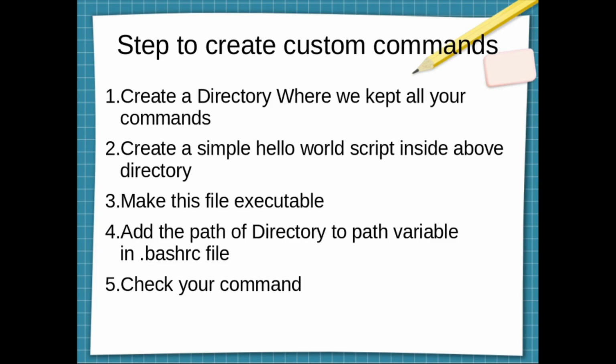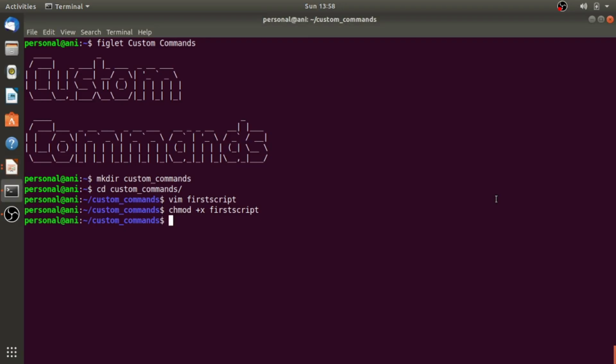Now our fourth step is to add the path of the directory to the PATH variable in the bashrc file. So for knowing the path of our directory, hit the command pwd. This will tell the path of the directory. Here my path is /home/personal/custom commands. Copy this path